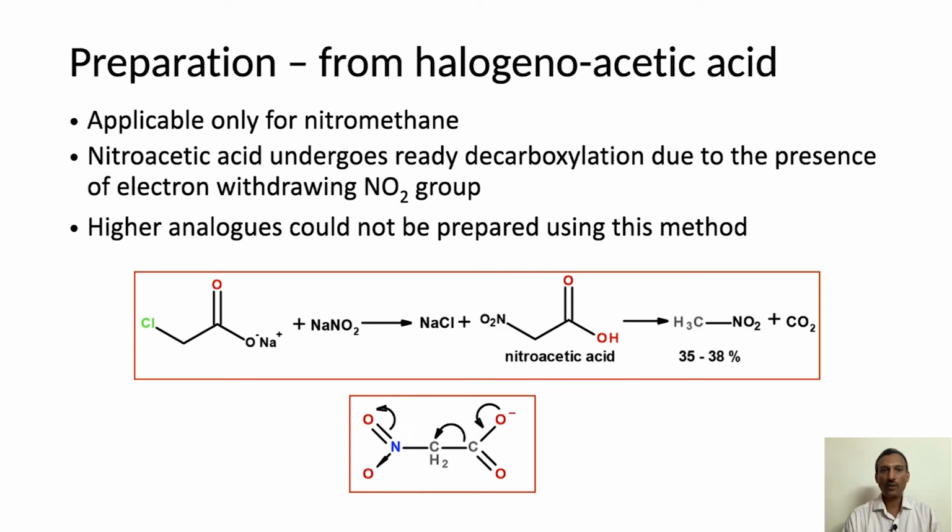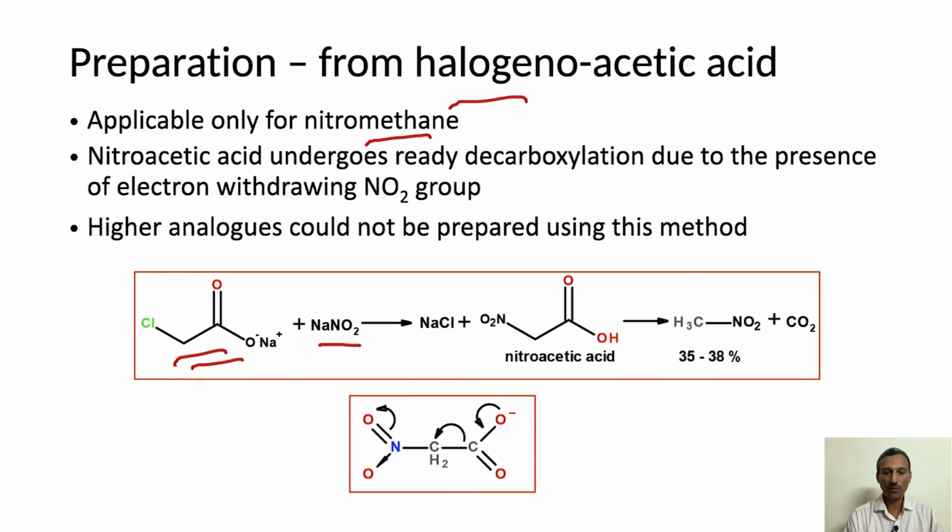So let us look at the next preparation. This is from the halogen-acetic acid. So this is mainly applicable for nitromethane only. So other nitroalkyl derivatives are not prepared by this particular method. Here what happens is the halogenoacetic acid, that means the chloroacetic acid, the sodium salt of the chloroacetic acid is